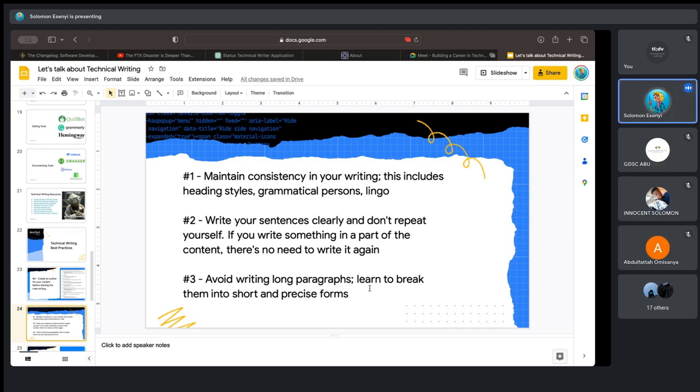Try and break them into very short parts, because it is easier for somebody to read or even skim through an article that has many paragraphs, but each of these paragraphs is short, and then at a glance they can easily see what that paragraph is talking about, rather than opening a particular article and seeing like 30 lines of writing. It's just one paragraph. It's easier to read the one that is already broken down into smaller parts than the one that is just jumbled together. So whenever you see that your paragraphs are becoming long, break them down into very short parts.